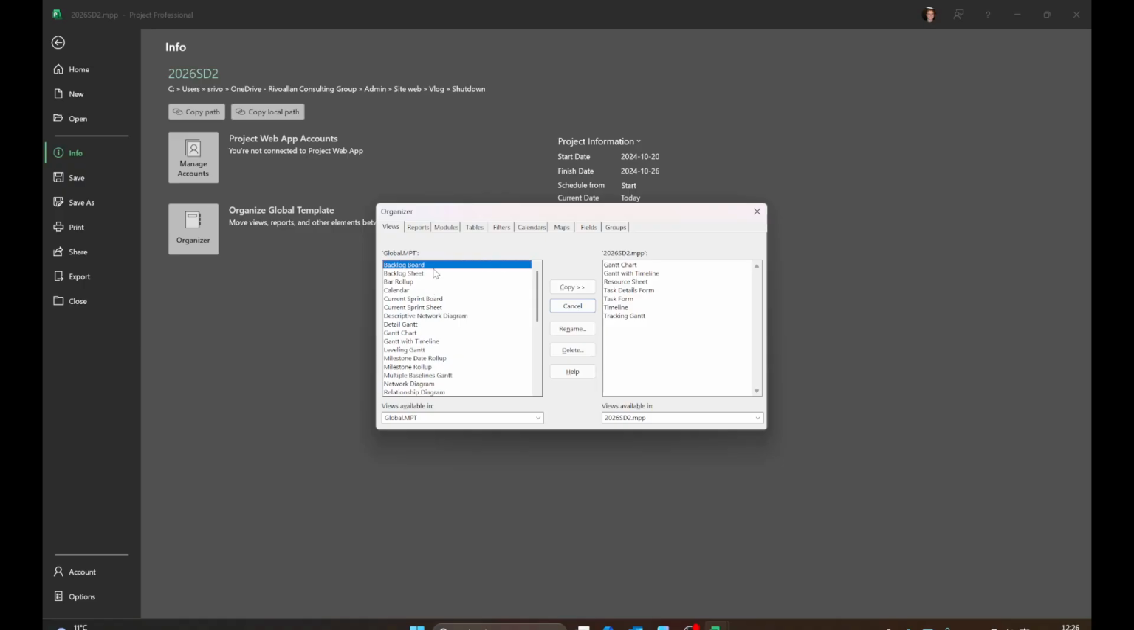In one column, you're going to see by default your global.mpt, which is your master file, and the other file that is open at the moment, my 2026 shutdown that I want to prepare. And what I want to do is copy some stuff from, I'm going to bring in the 2024. So I want to copy some material or things I have done in that shutdown